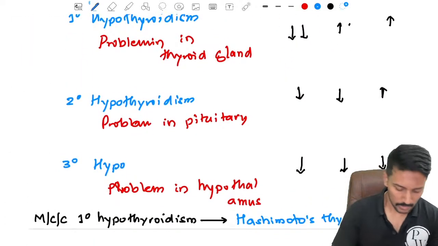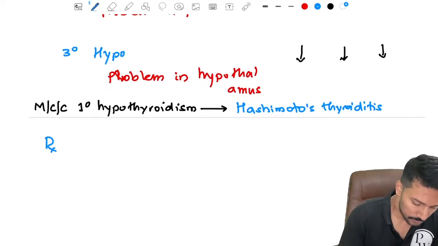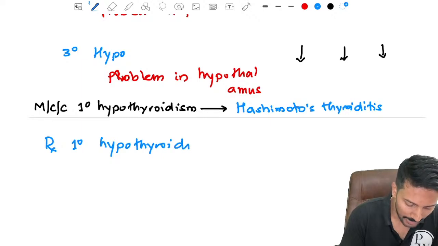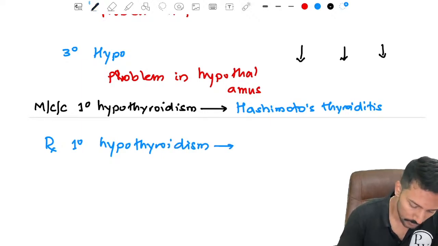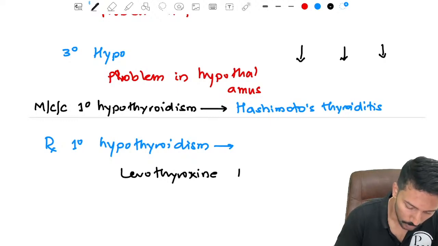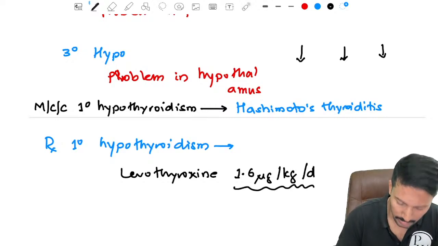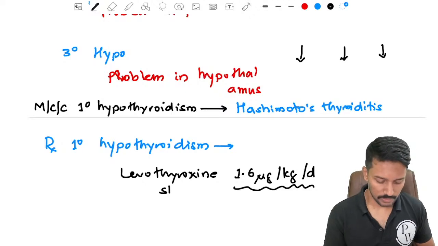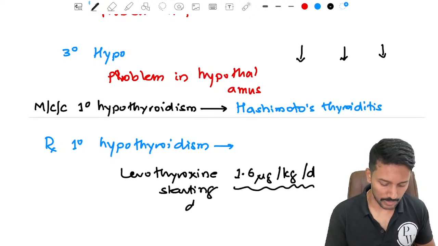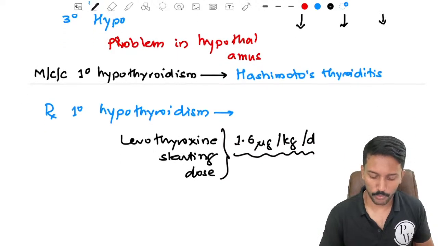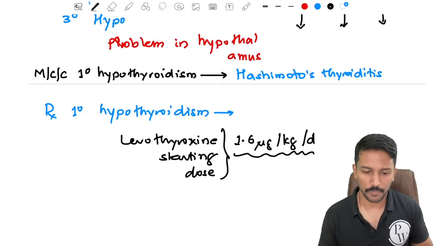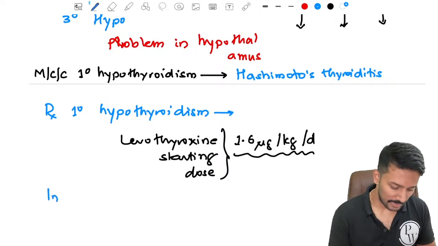We give them thyroid hormone replacement, right? Thyroid hormone replacement in the form of levothyroxine, and the dose would be 1.6 micrograms per kg per day. That will be the starting dose. According to control, we can increase or decrease the dose, but the starting dose will be 1.6 micrograms per kg per day. But please remember, in elderly,